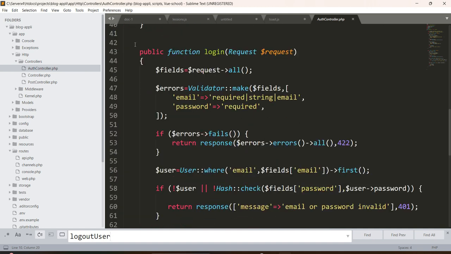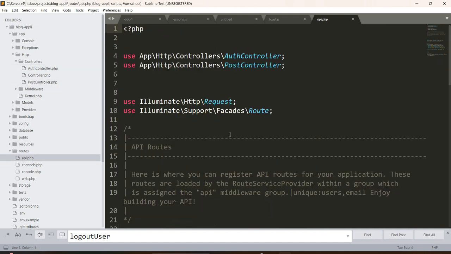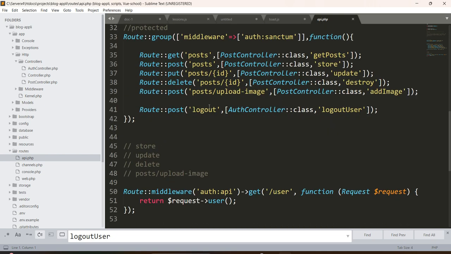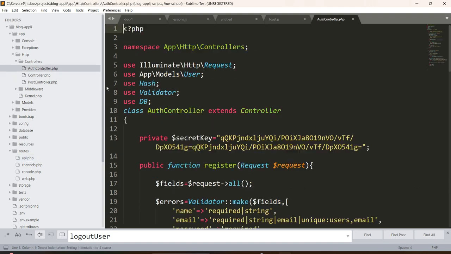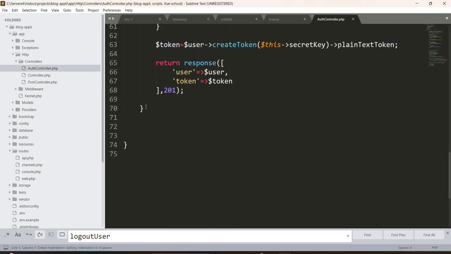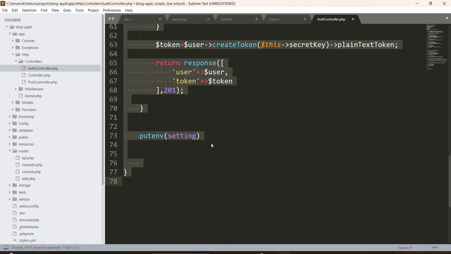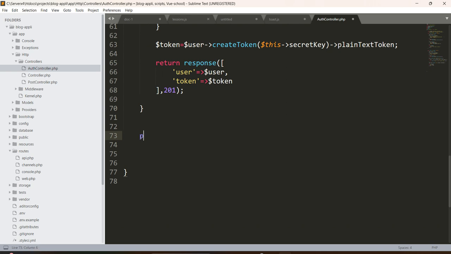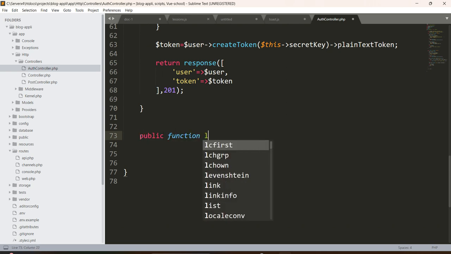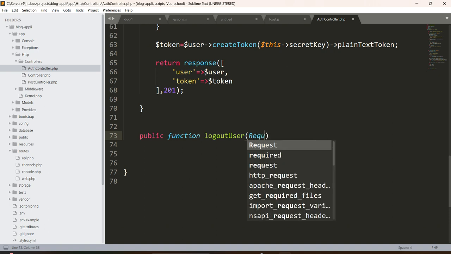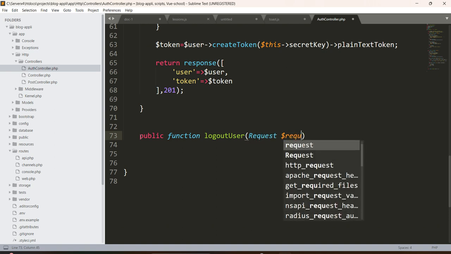You can see here we got an endpoint within this API.php, logout, but within the auth controller, we don't have this logout function. Let's create first this function. Here I'm gonna create this function. I'm gonna delete first this. I'm gonna do public function and then logout user, and then I'll do this request, pass the request class, and